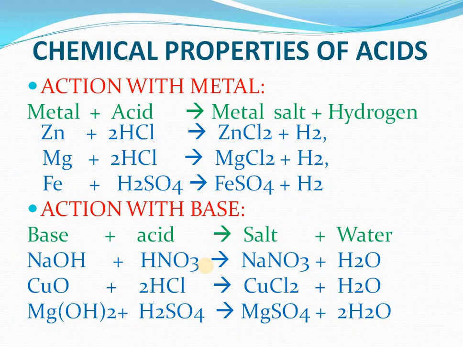Next is very important, that is the chemical properties of acids. Please try to understand the basic logic. This equation in the green color, please remember that, and all these reactions are very easy. Metal plus acid: the metal can be zinc, magnesium, iron. The acid you have added gives us metal salt. Zinc valence is 2, chlorine valence is 1, cross multiply, zinc chloride. Similarly, magnesium valence is 2, chlorine valence 1, so MgCl2. Similarly, iron valency is 2, sulfate valency is 2, so they counterbalance: FeSO4 plus hydrogen. So this equation we have to remember, all are the same equations.